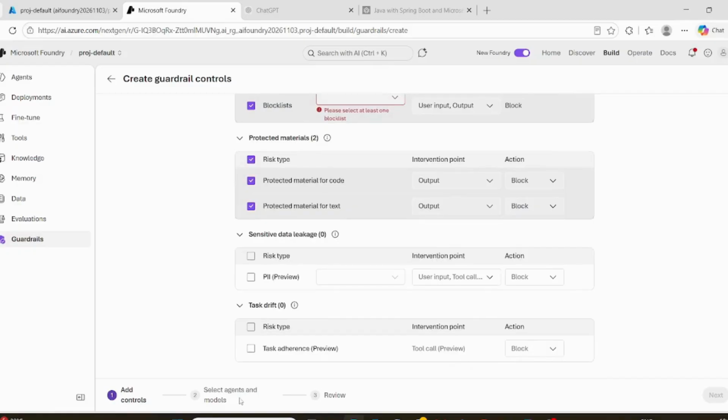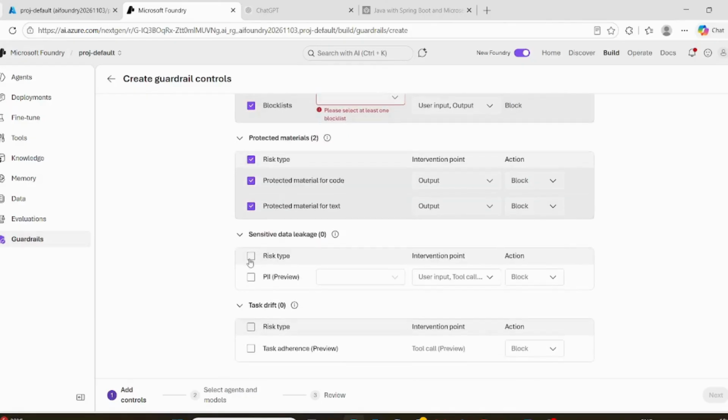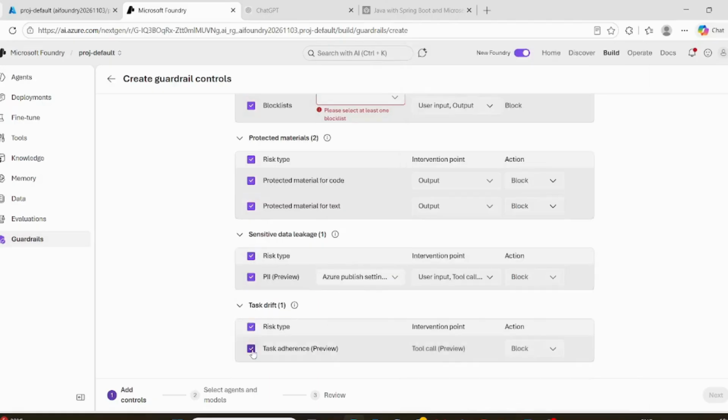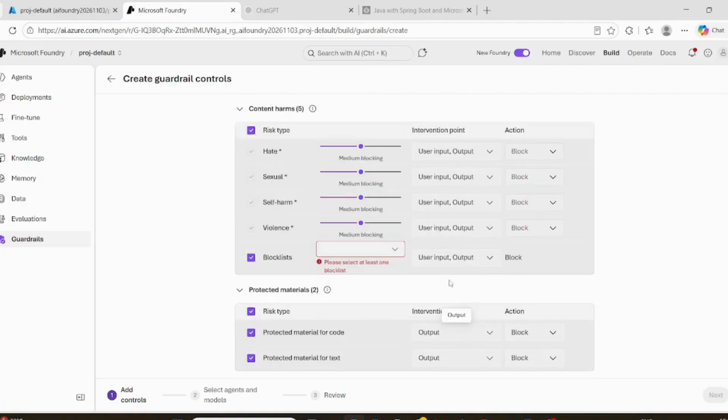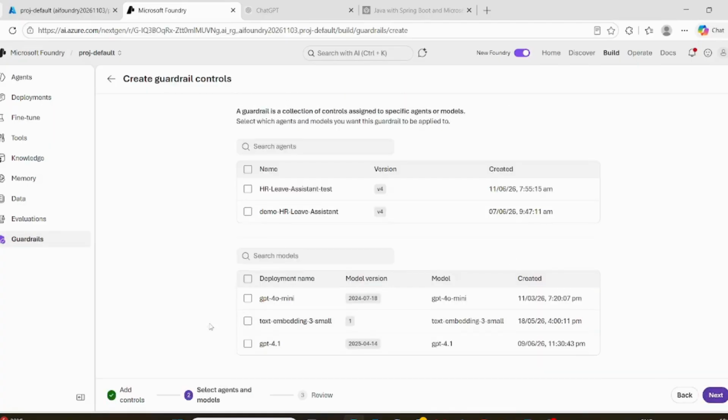So add control, select agent. Once you do this, only then can you select the agent. You can do it for the model also. Say for example, I am putting a random value to make it enabled. See, all those settings that you have taken in the first step will apply on the agent also, even the model also. So safety is not only about the agent. Safety is also about the model which has been designed, right? That also should be